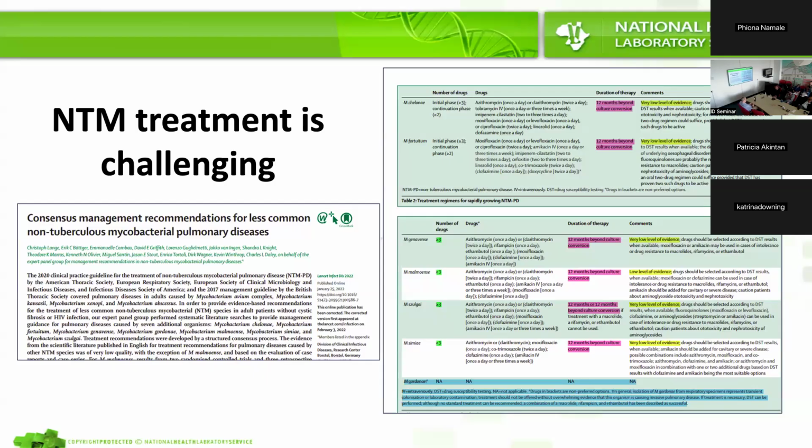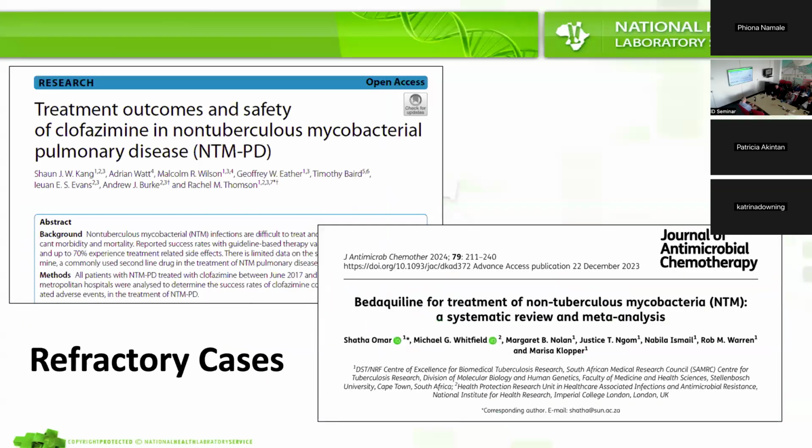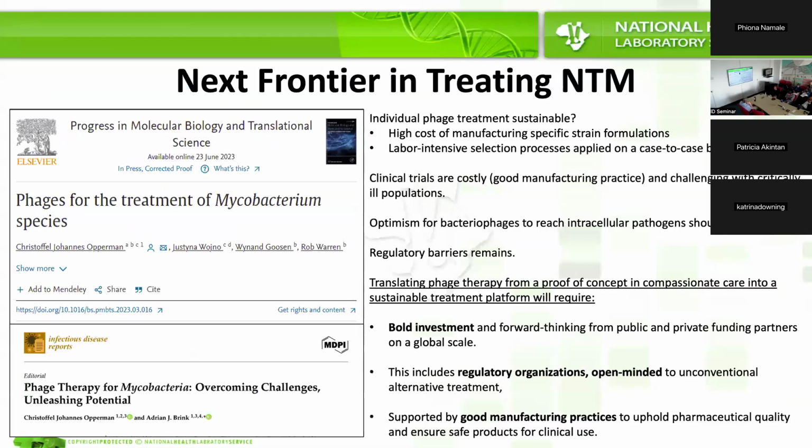isolated NTMs. We are seeing refractory cases, so those are NTMs that are treated but not culture converting, that you've treated for at least 6 months on the correct regimen, not just empirically, but with susceptibility results, and the patient is not culture converting. We are seeing some of the repurposed drugs being used for that as well, like teicoplanin, like imipenem, that's also starting to creep into the regimens in those selected cases.